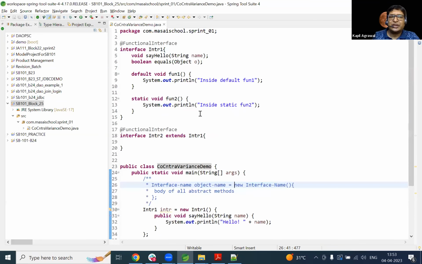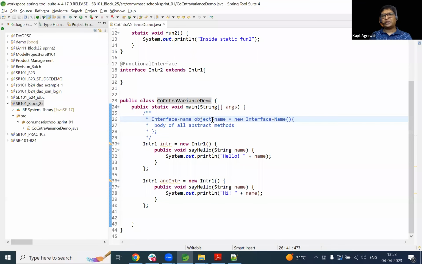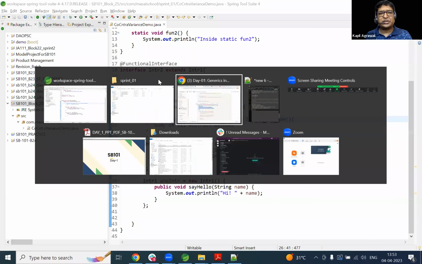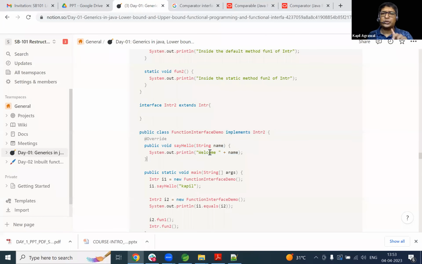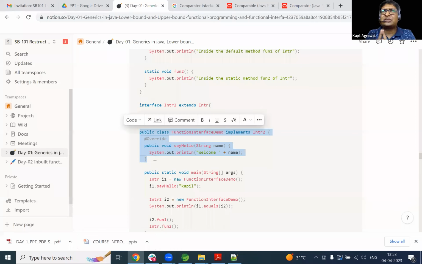Yes. So you can write down the implementation in both manners. You can write down the conventional implementation, and you can also write down the implementation using an anonymous inner class. Writing the conventional implementation using the implements keyword is mainly helpful when you want to use the same implementation at multiple places. Is that clear? This conventional way is helpful when you want to use this implementation at